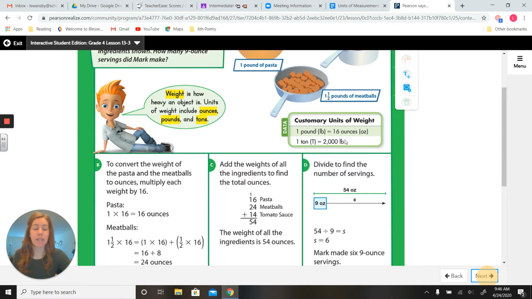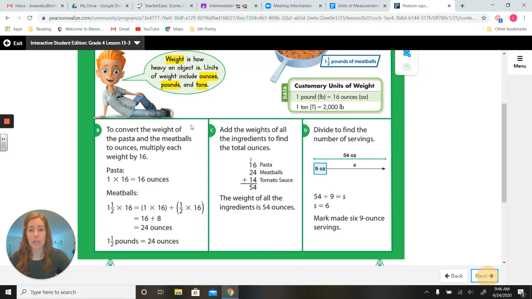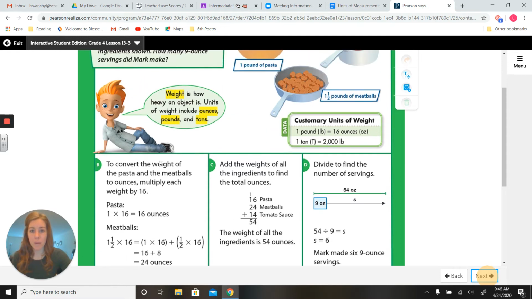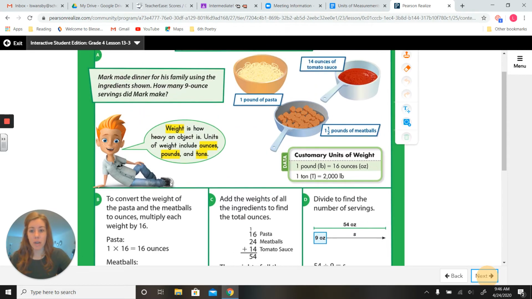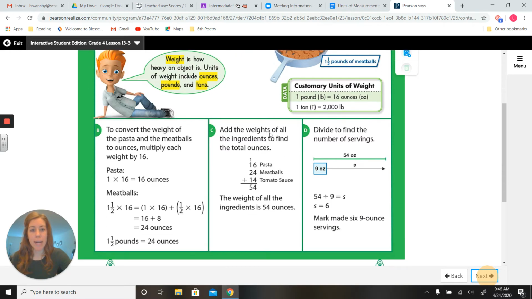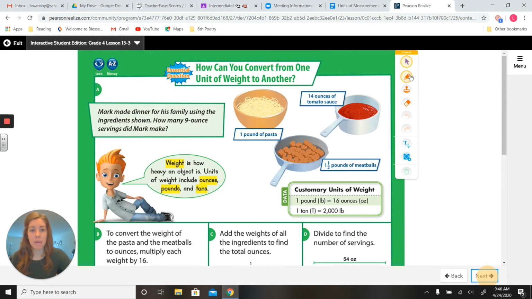Again, they give you your customary units of weight in this table here. That's always a good resource. And Pete here says, weight is how heavy an object is. Units of weight include ounces, pounds, and tons. That is good to know. All right, so we're going to do a little bit of converting. So first of all, we are going to convert, it looks like the meatballs. So if we have 1.5 pounds of meatballs,